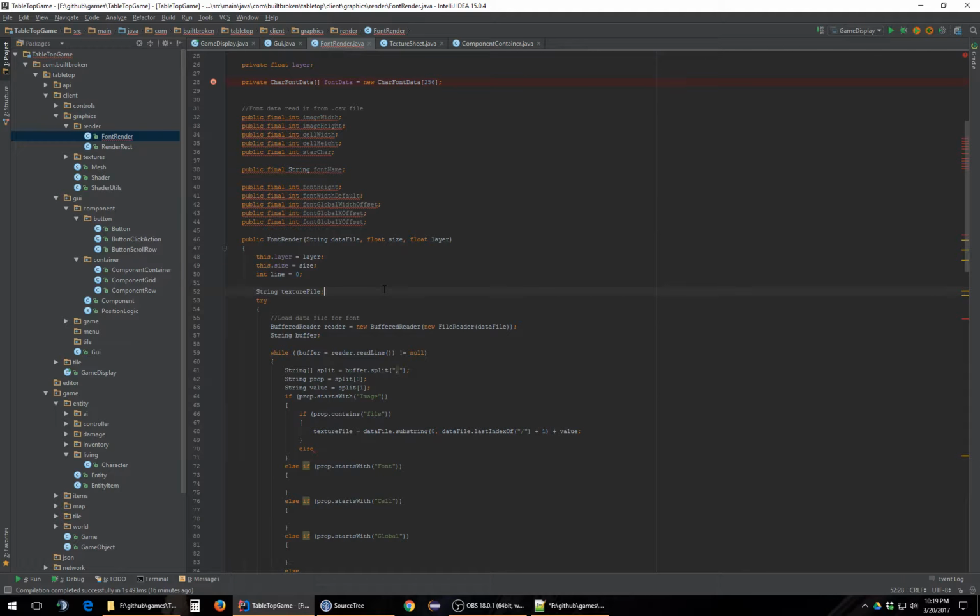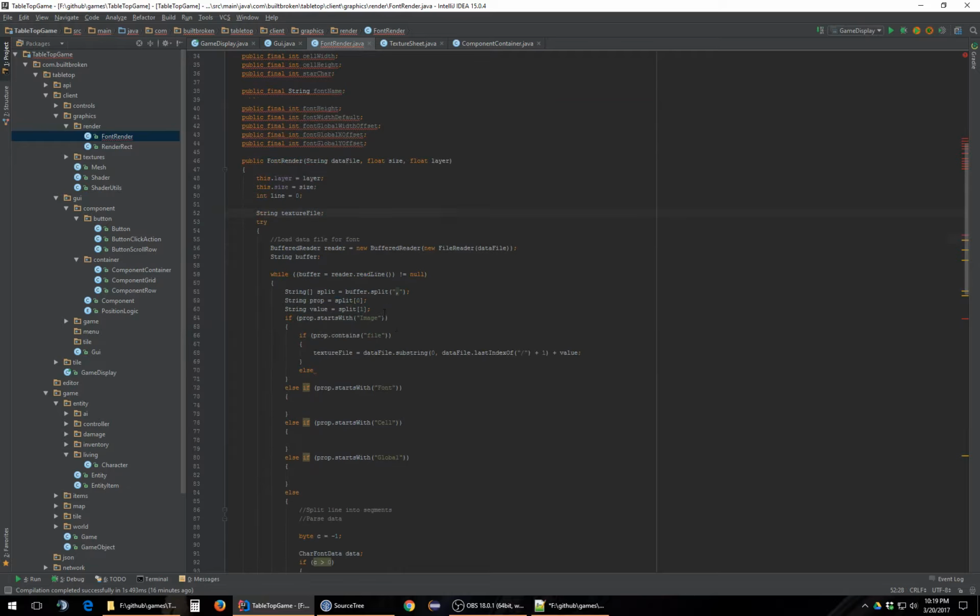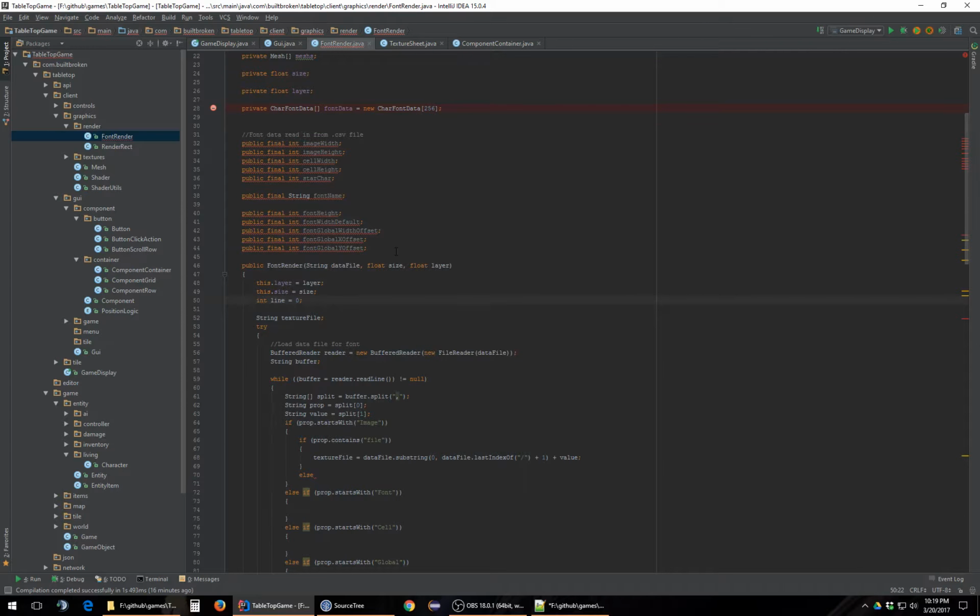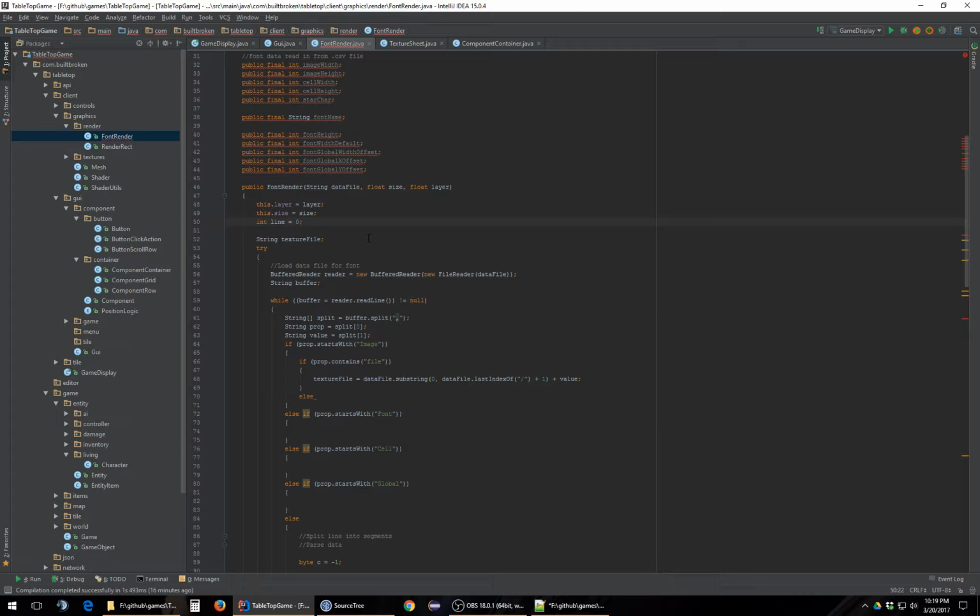So once it loads, you don't have to worry about it. And we don't need to store the file name. If we scroll back up real quick, we can start breaking this stuff down. So if we go, if prop.contains